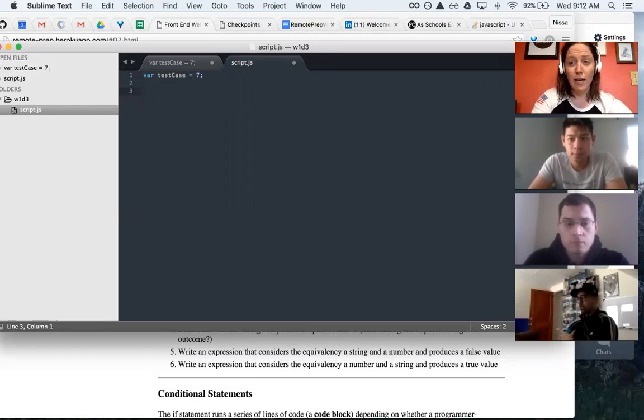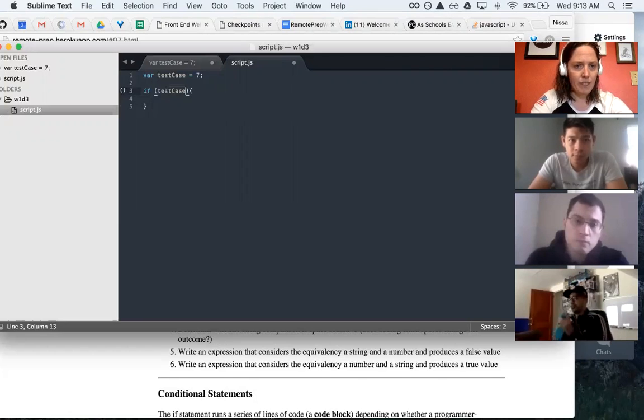Here I can start using control flow to have my program behave in certain ways depending on the information I give it. So the syntax is starting with an if statement and parentheses. Inside these parentheses, I'm going to put an expression that's going to be evaluated. It's going to evaluate to either true or false. I can put just a Boolean, which would always get evaluated. But more likely, I'm going to use a mathematical or a logical operator to set up this condition. So here I might say if test case is greater than 10,